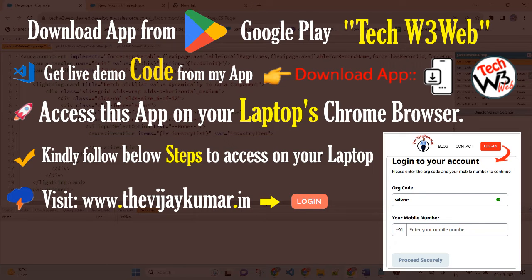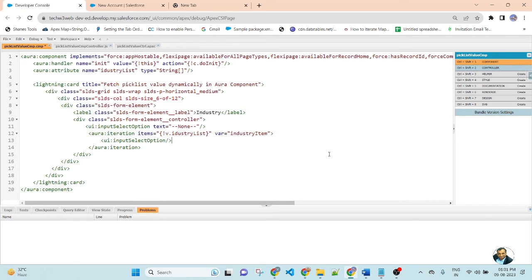Here I will use ui:inputSelectOption, text equal to industryItem.